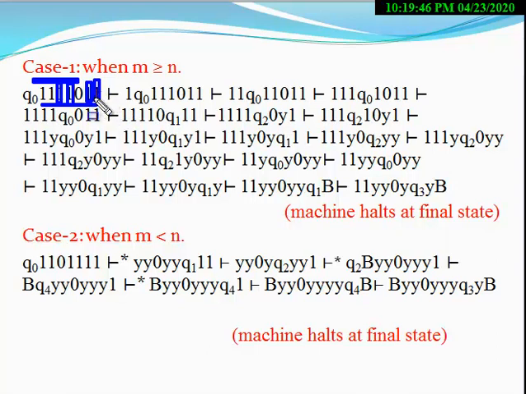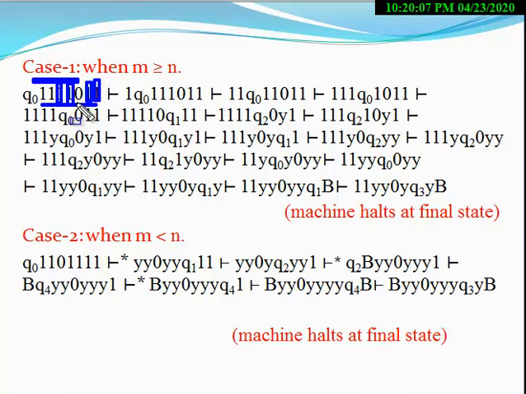If the number of ones on the right side is not present, then the machine goes to the final state, right? So in this situation, count the number of 1s. The number of 1s is 2, right? So this is the logic you have to apply here. Clearly, you have to look at the right side.